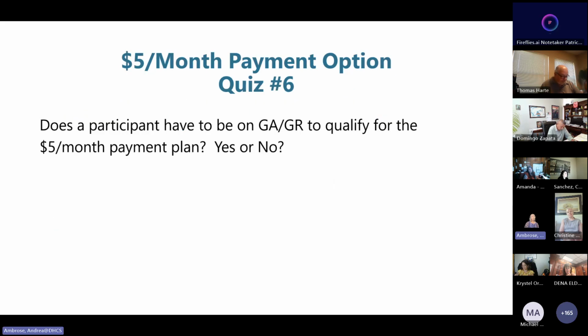Okay, how about this one? Does a participant have to be on GA or GR from any county to qualify for the $5 a month plan? Yes or no? Do they have to be on some kind of GA or GR to get the $5 a month?